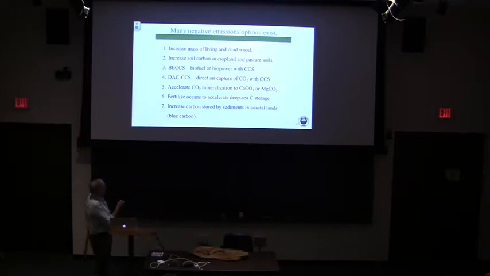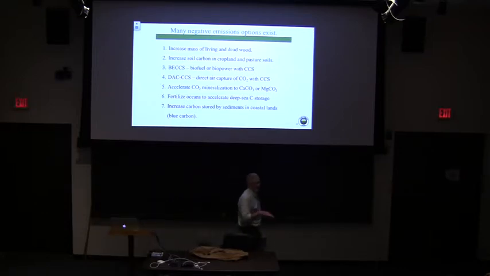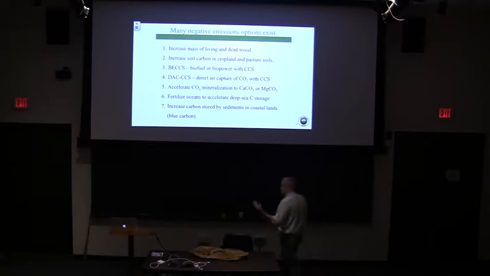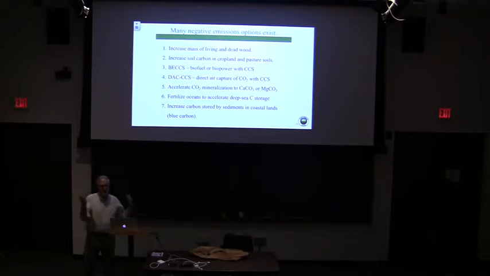Okay. All right, you can accelerate the mineralization of CO2 into minerals. And this is really interesting and hasn't been explored very much, but it's about to be a big industry, I think. Turns out that some mine tailings are reactive with CO2. Pull it out of the air and turn it into carbonate rocks. And by just managing these mine tailings differently, you can get it to suck CO2 out of the air. It's also conceivable that you could actually mine rocks that have these properties. Brucite is the best possible mineral if you want to look at brucite. You crunch it up into powder, and it just pulls an enormous amount of CO2 out of the atmosphere where it's stable for